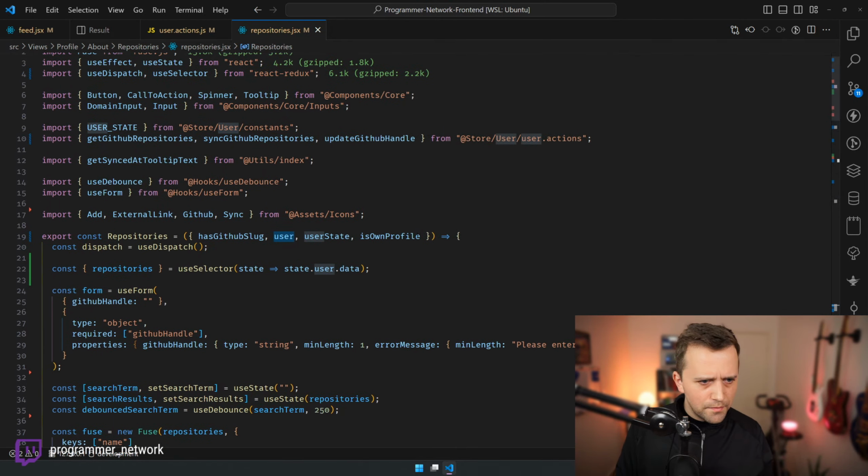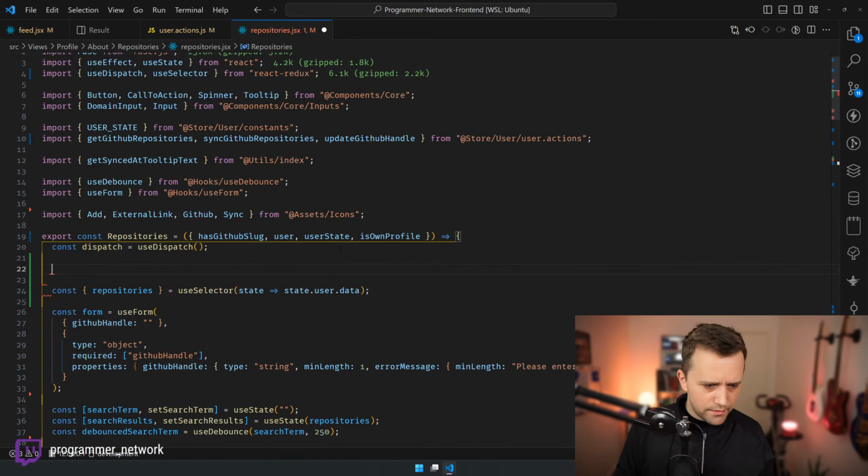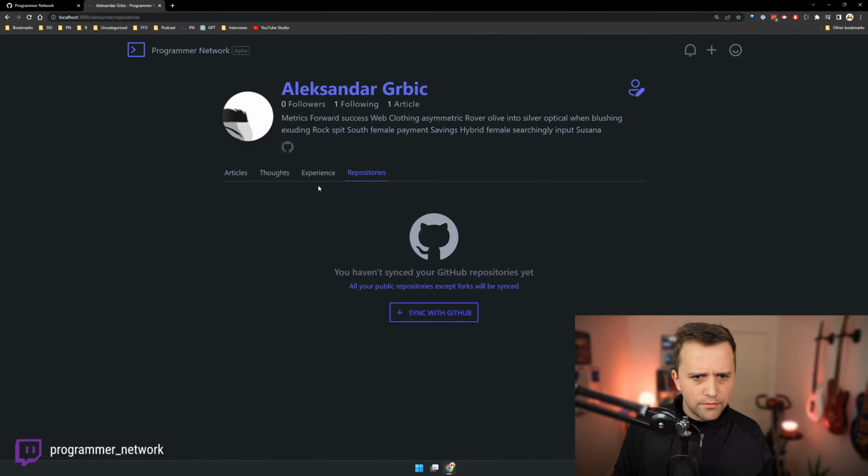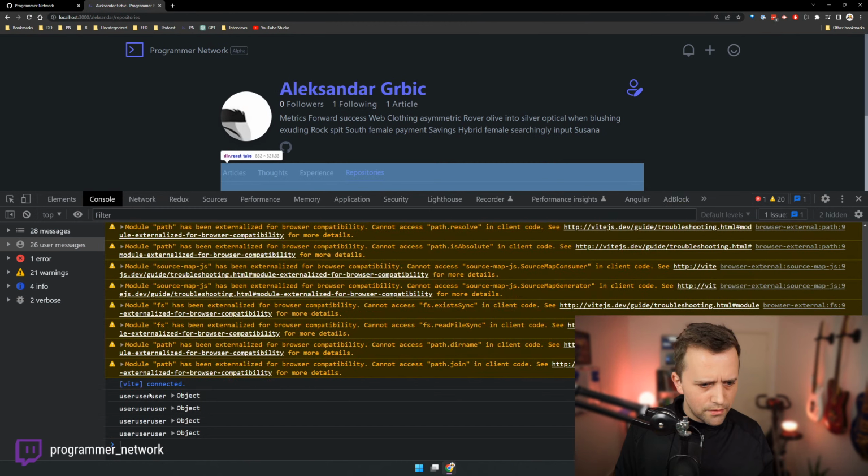I suppose. Let me try to print. I mean, this is gonna be broken for now, I think. But let's even try to render it, right? Of course, nothing is gonna be shown here.